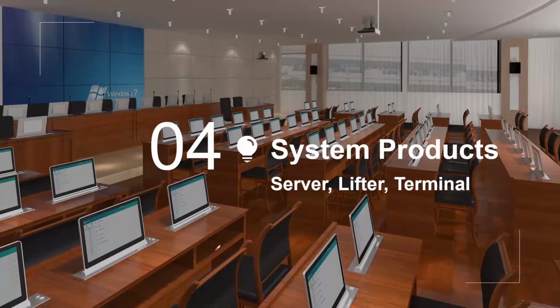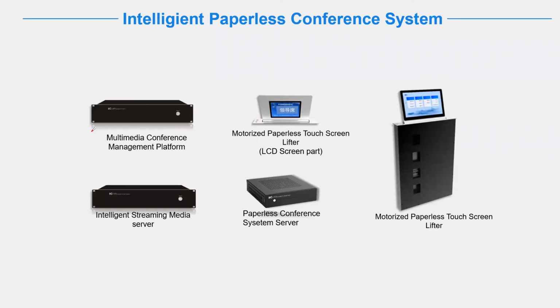Next, let's talk about the streaming system products. It contains the server, lifter, and the terminal. For the server, we have two types. Usually, they are used together to achieve all the functions. First one, the multimedia conference management platform, which is the W100. And the second, the intelligent streaming media server,